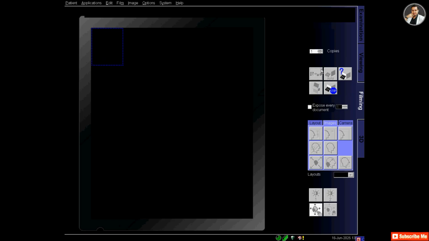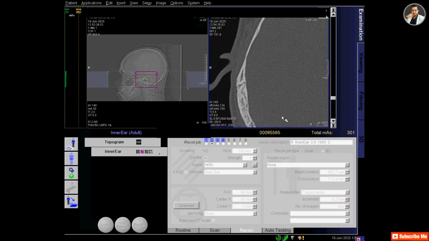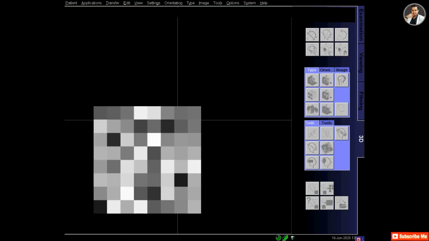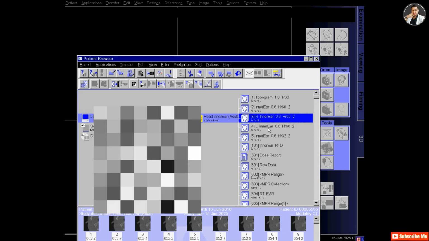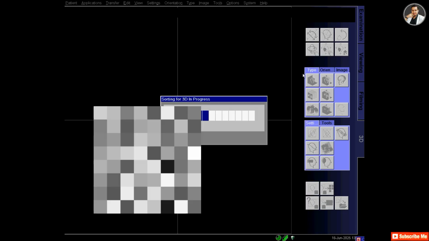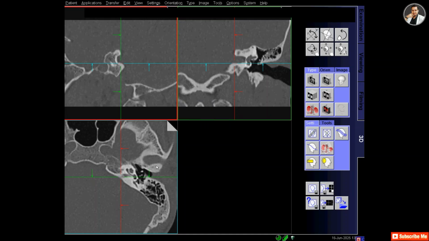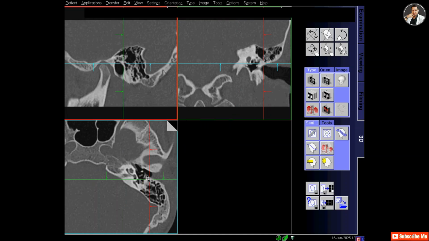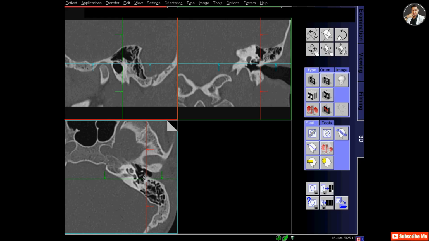So my right ear job has been done, and now I will work for the left ear. Now go to the left ear and select the protocol and take it to the 3D application, and like the right one I will do the same job for the left one. So at first I will make the transverse images for the left ear,